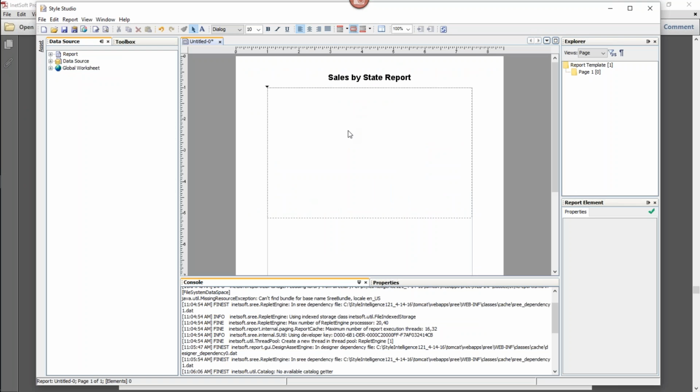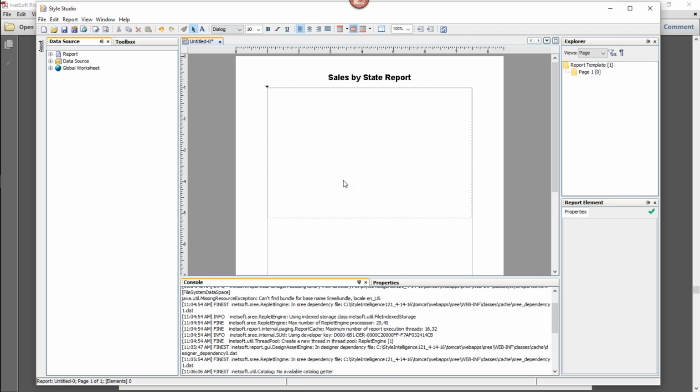All right, and the chart I'll put into the body region of the report, and you'll notice that there's an insertion point. The insertion point shows you where a new component will be placed. And basically in a report there's essentially a flow through the report. There's an orderly flow, and one component gets placed following another component. So it's always a good idea when you're designing reports to pay attention to where that insertion point is.